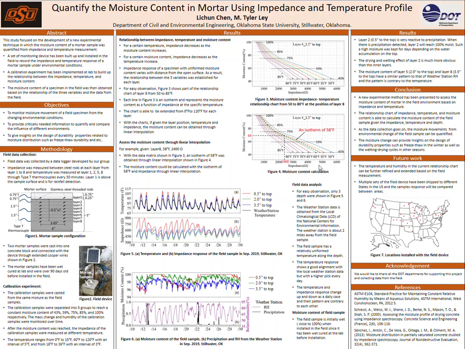The field data in September 2019 Stillwater is shown as an example. The temperature of the field sample is relatively uniform along its depth and has a good alignment with the weather station temperature. The weather station is about 2 miles away from the field sample. The impedance and temperature of the field sample is changing up and down as a daily case and have opposite